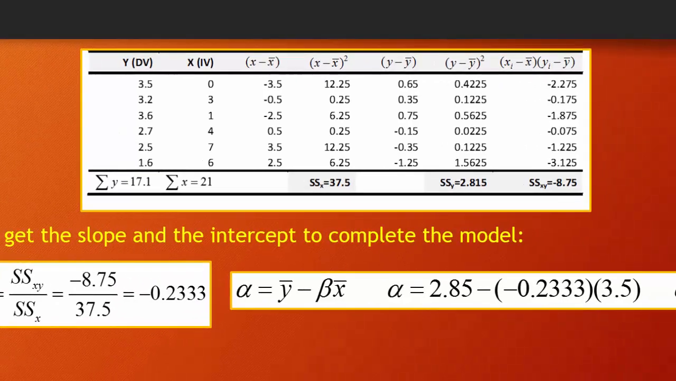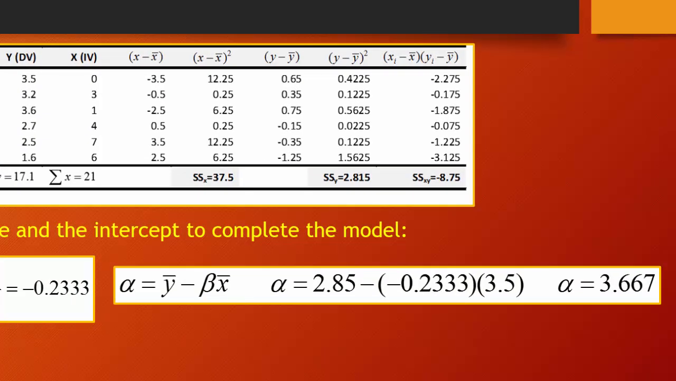And we can use this slope to determine our intercept. So alpha equals the mean of y minus b times the mean of x. These are numbers that we've already calculated. We knew that the mean of y was 2.85. That was our average GPA. We knew that the mean of x was 3.5. That was the average number of absences. And we now know that the slope is negative 0.233. So let's just throw it in our equation here and solve for alpha,